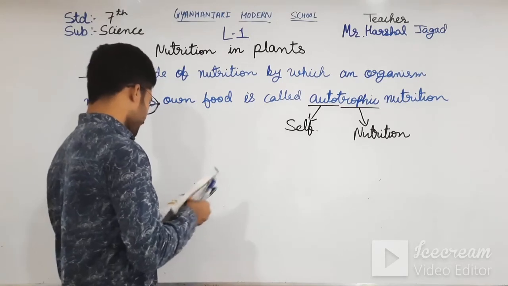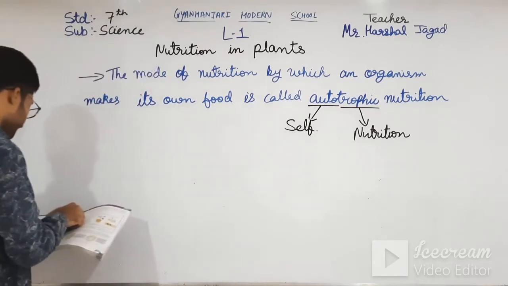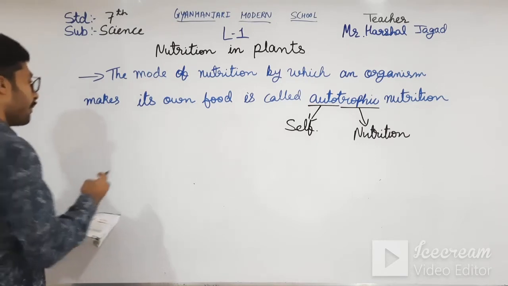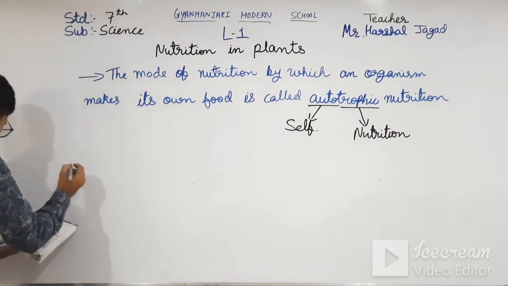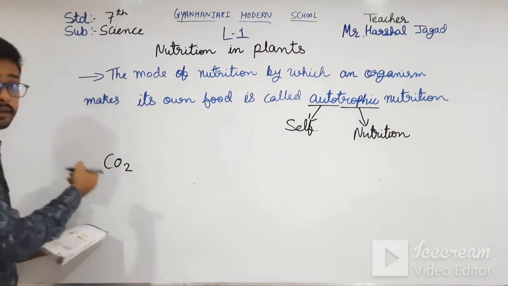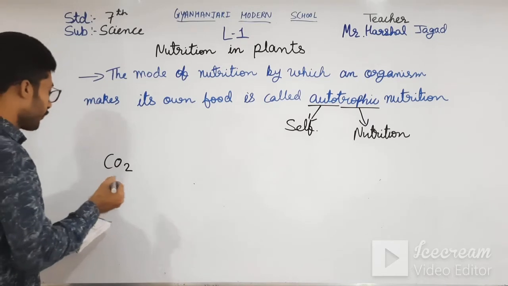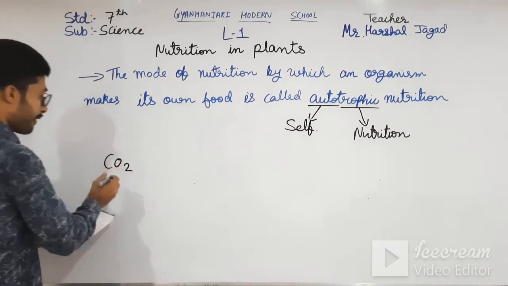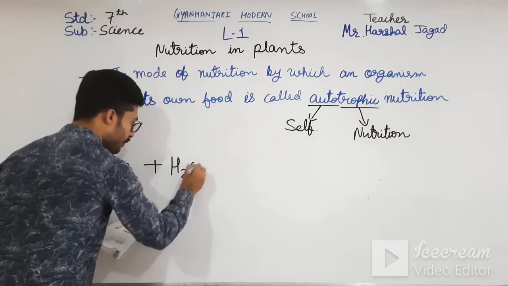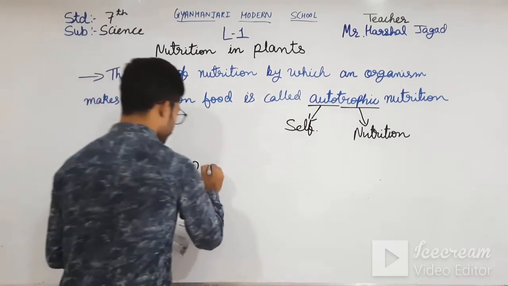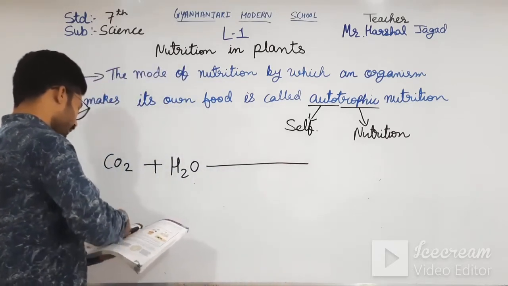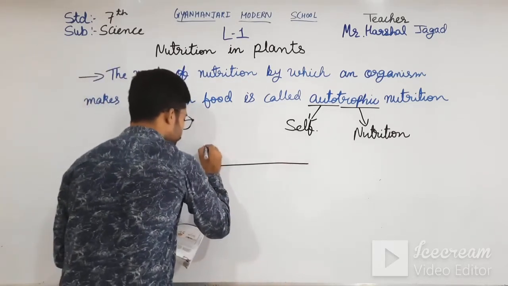Here photosynthesis is given in a reaction form, let me write that. Carbon dioxide, I am writing its molecular formula, CO2, plus water, H2O, that gives, in presence of sunlight